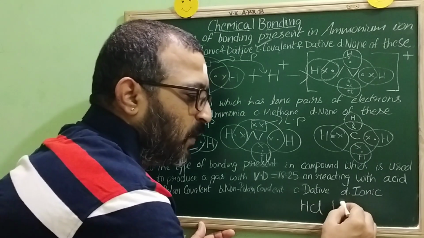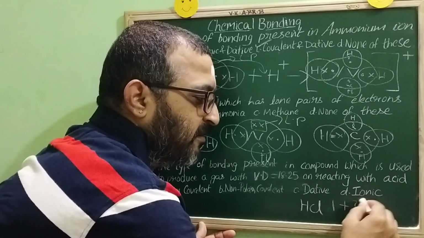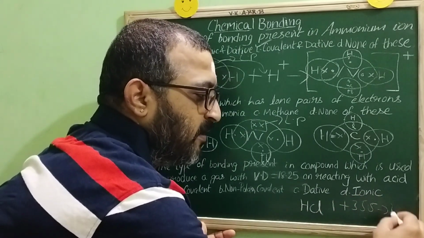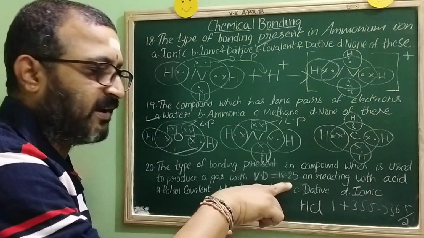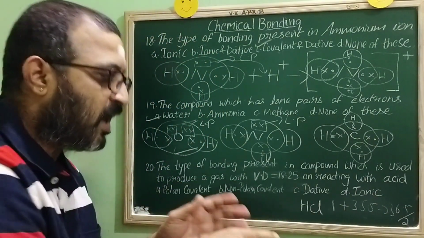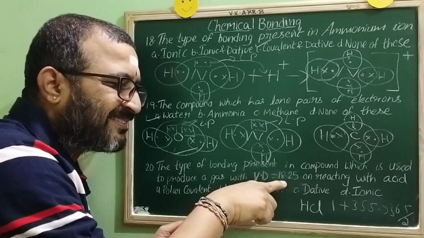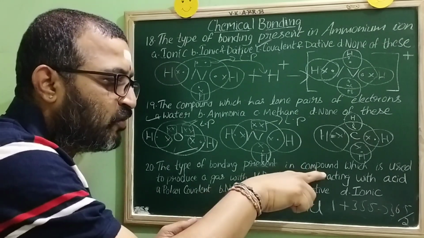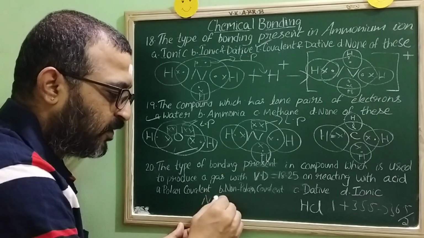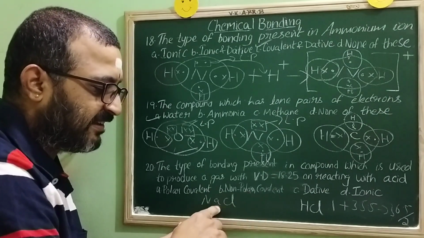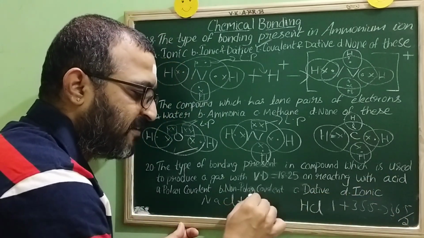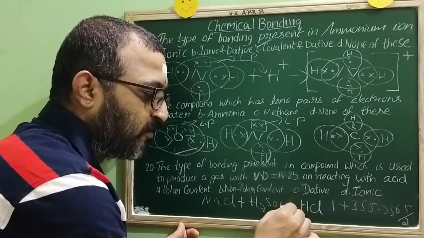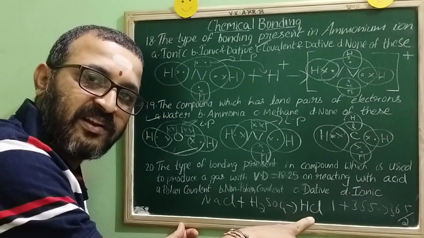Hydrogen atomic weight is 1. Cl atomic weight is 35.5. Altogether it is 36.5. Half of 36.5 is how much, children? 18.25. Now, to get this HCl, we have to use one compound. Which compound are you going to use? It is NaCl. When this NaCl is reacted with acid, which acid is that? H2SO4. Then you will get what, children?